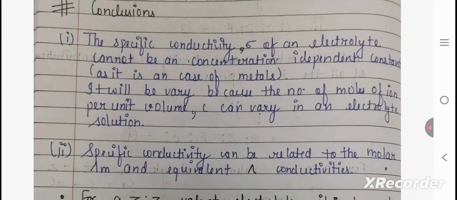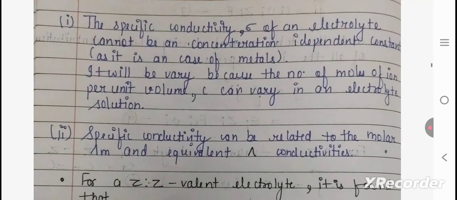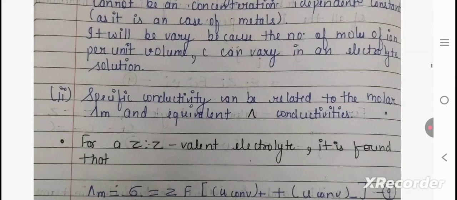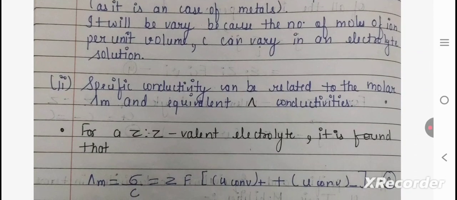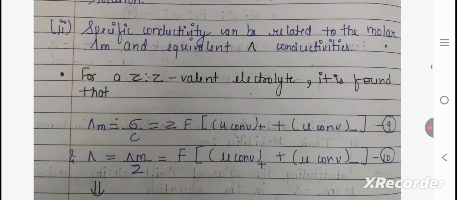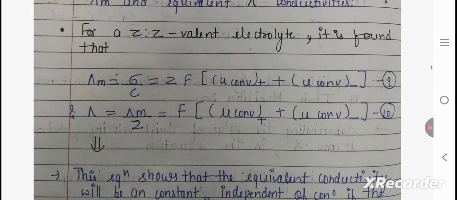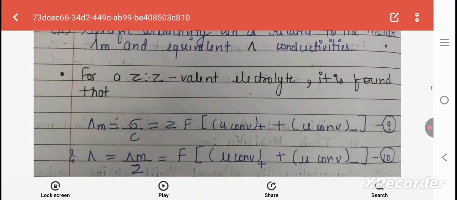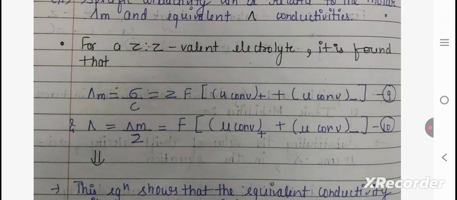Conclusions. The specific conductivity of an electrolyte cannot be a concentration independent constant as it is in the case of metals. It will vary because the number of moles of ion per unit volume C can vary within an electrolyte solution. Second, specific conductivity can be related to the molar and equivalent conductivities. For a symmetrical Z valent electrolyte, it is found that molar conductivity is equal to conductivity by concentration, which is equal to Z F bracket U conventional plus plus U conventional minus,